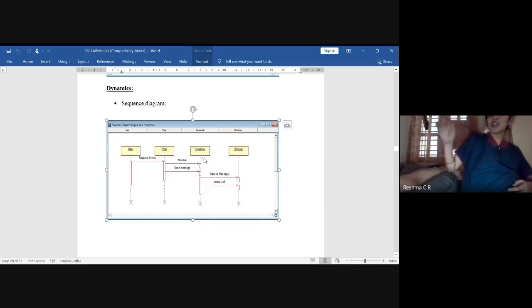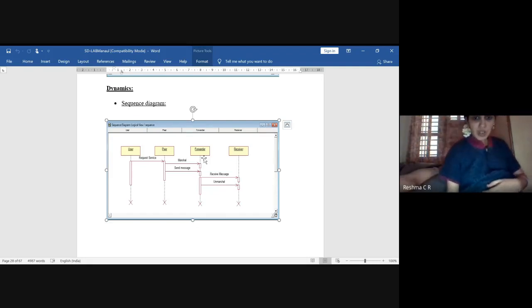Then the peer will send a message, the forwarder will forward the message, and the receiver will unmarshal the message and receive the messages.